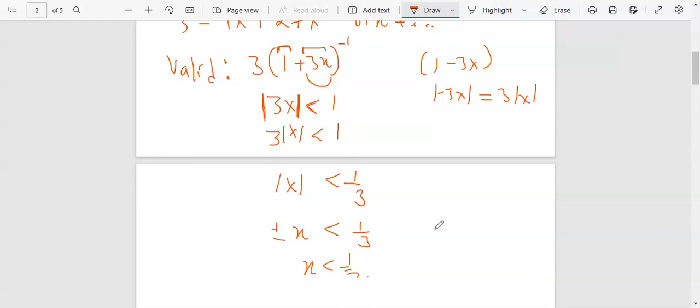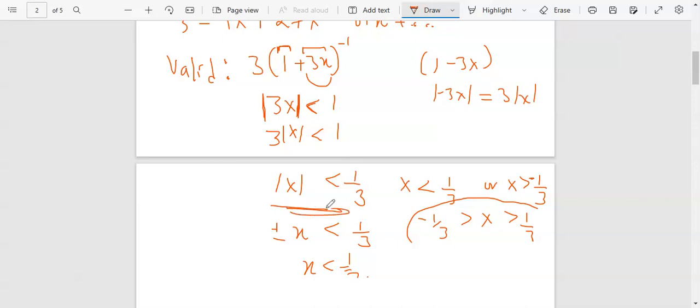Or, let me write here, x being less than 1 over 3, or x, if I multiply by a negative, the sign will change, being greater than 1 over 3. So this, you mostly see it written as negative, because we have divided both sides by a negative. So we're going to say that negative 1 over 3 is less than x, which is less than 1 over 3. So we can as well write it in this way. But if you end at this point, it is just okay at this